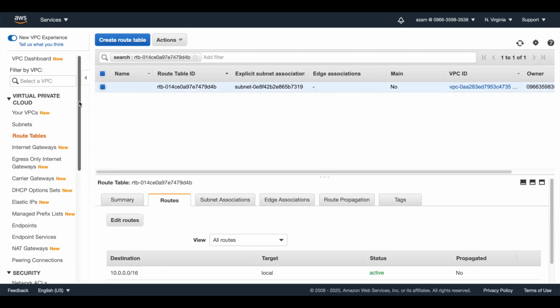Now I repeat the same process with our other two EC2 instances.